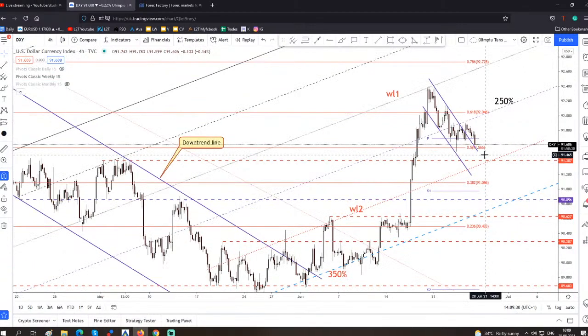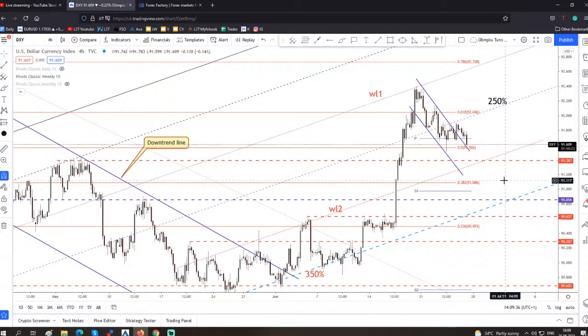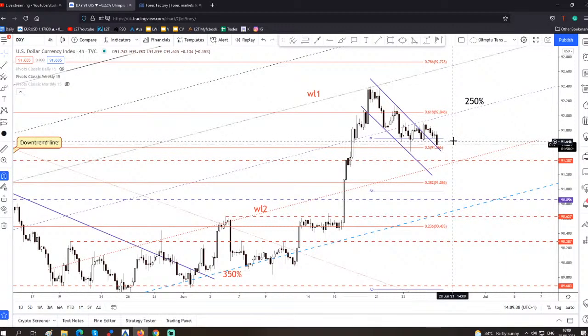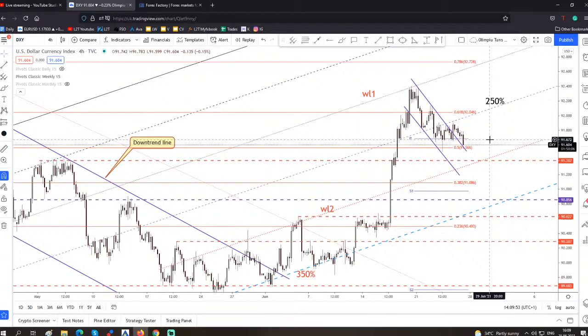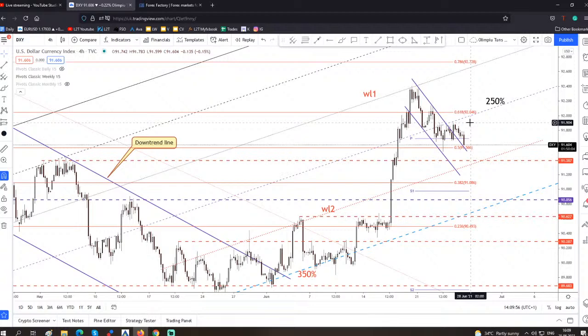The price of the US dollar index drops like a rock right now, and as you can see, we have a strong sell-off here. The rate has dropped right below the weekly pivot point, below 91.68, and it could maybe test and retest, could challenge this broken downtrend line. Unfortunately, the DXY failed here to confirm a potential further growth by making a new higher high. So right now the DXY is bearish,